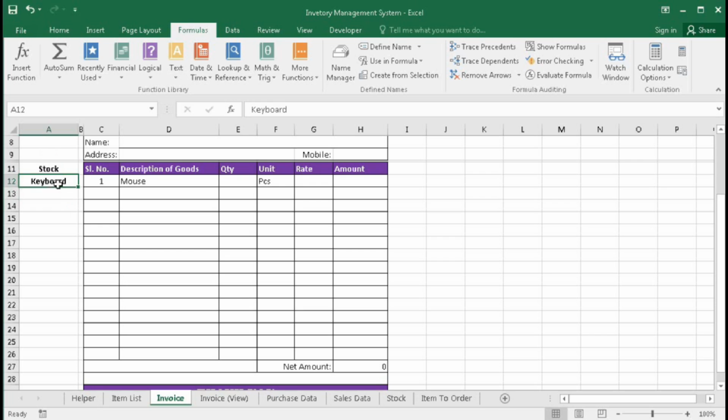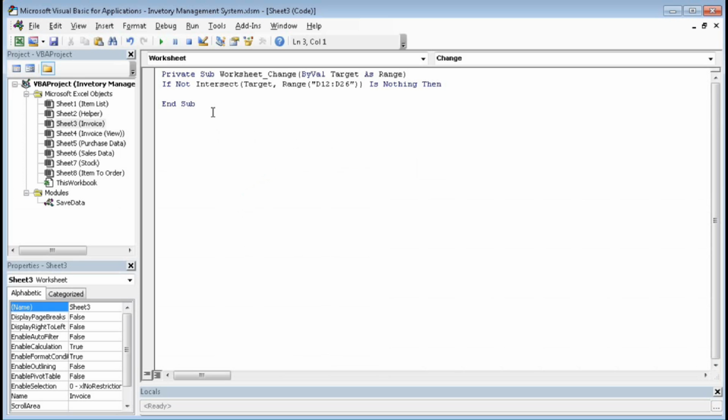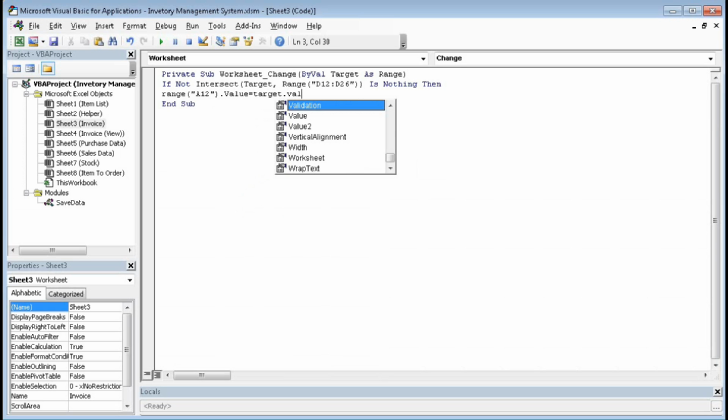Here it should be the value of the cell which I have changed. So it is A12. Range("A12").Value = Target.Value.